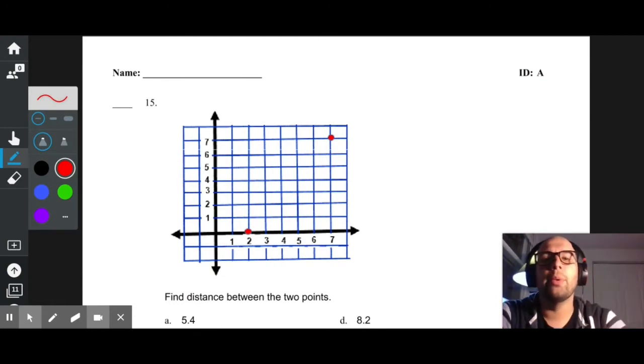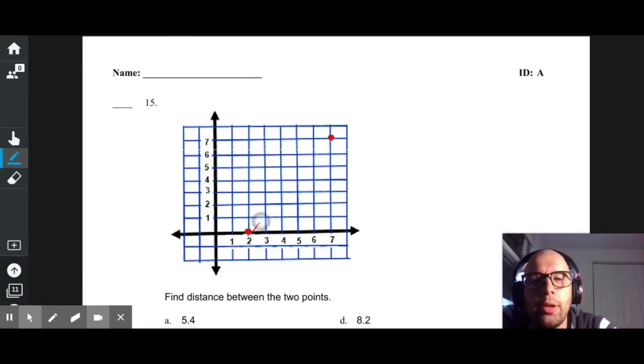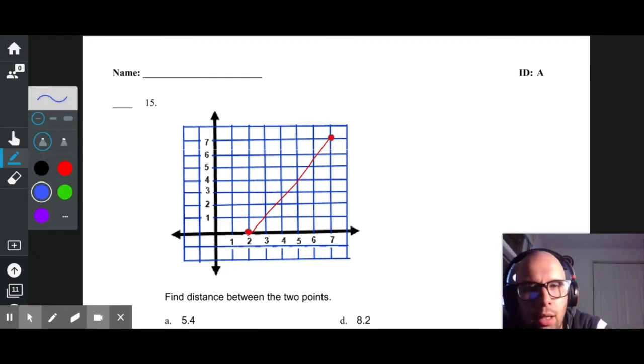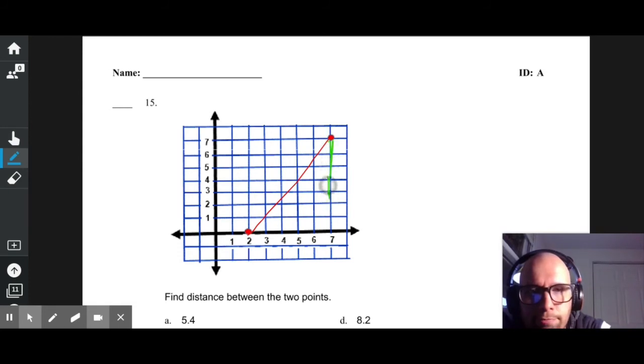Oh, no, one of these distance problems again. Oh, boy. Well, I know what to do. I'll just draw a nice line between that red dot and that red dot. Let's not use blue. I can make you a line. I can count you 1, 2, 3, 4, 5, 6, 7, and I can count you 1, 2, 3, 4,